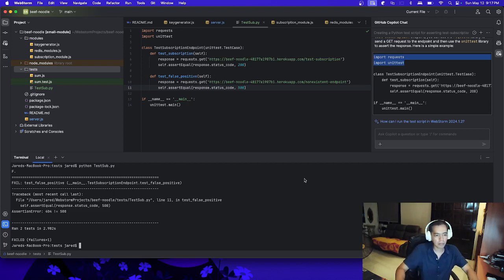Now the output for the Python unit test is very simple. We need to improve the output. Let's ask Copilot to change it to a better test output.